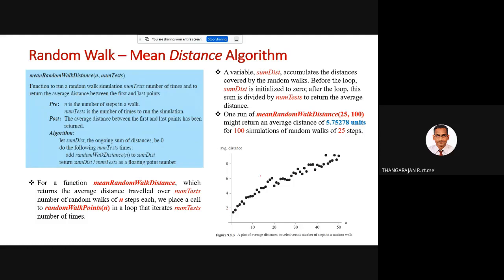Once you do it for some time, you will find a beautiful relation between the step size and the distance covered. For example, in a random walk, you know that when the step size increases, the distance covered also increases. This is a pure random walk, where you say that an animal or a bird or whatever can move in all directions with equal probability. But sometimes it may not be true.